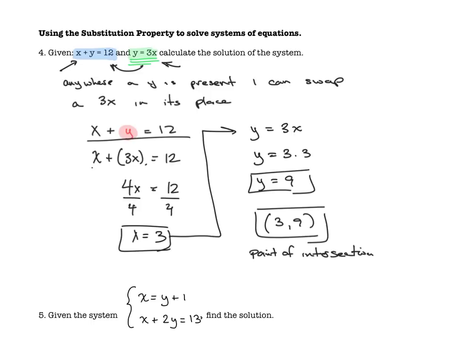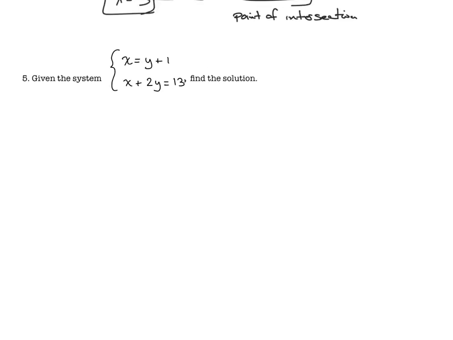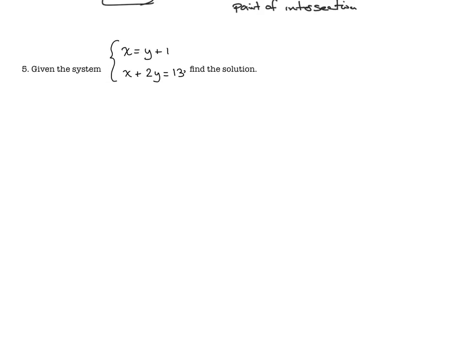So let's do another one here. So moving on to another one. So number 5 here. Given the system x equals y plus 1 and x plus 2y equals 13, find the solution. So I am again looking for a statement of equality that is substitution worthy. x plus 2y is not substitution worthy because it doesn't tell me that x is directly this or y is directly that. So this one above, this one I'm highlighting in green here, that is my